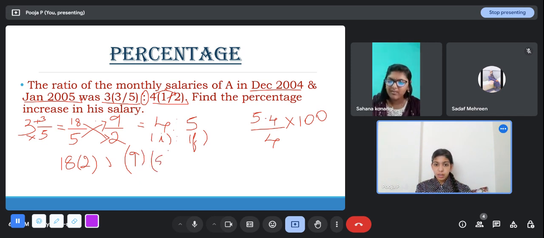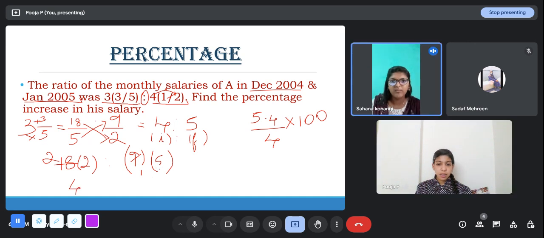Just a second. Let me correct the ratio sign because it's looking very funny. Okay, so you have 9 and 18. You can cancel out, or you can divide the 9 with 18. So 9 twos are 18. So now what did you get? 2 into 2, 1 into 5. So you landed up with 4 is to 5. Okay, ma'am. Fine. And that answer will be 25. Good. It is 5 minus 4.